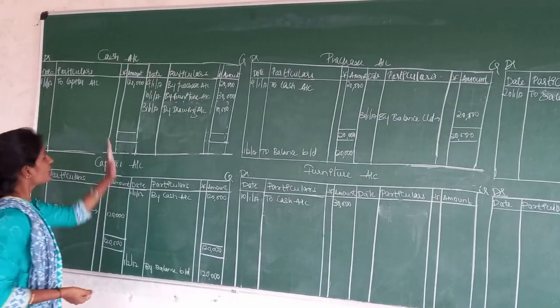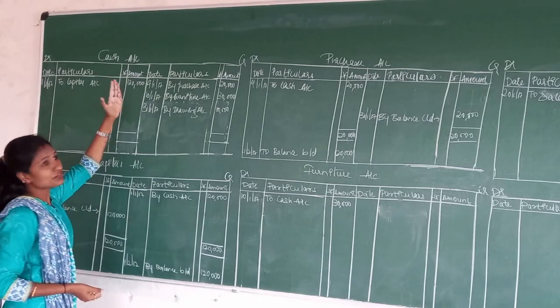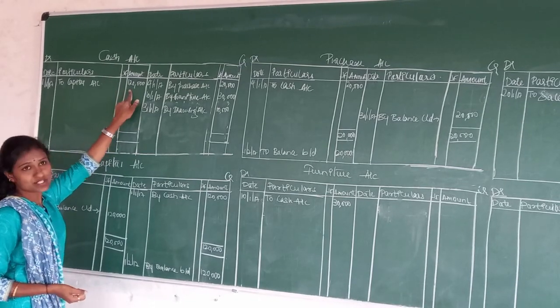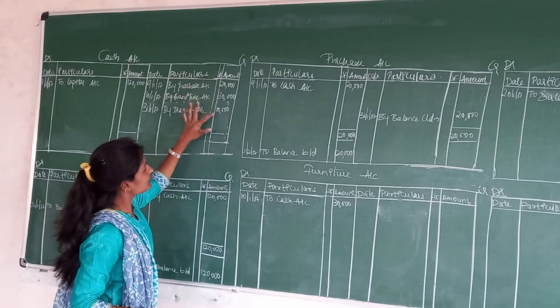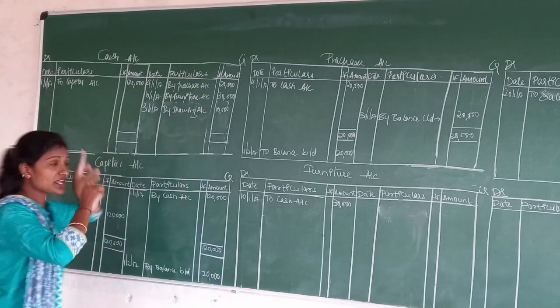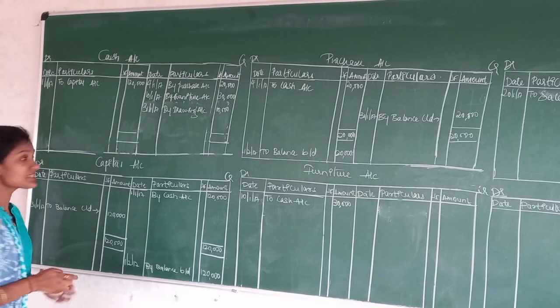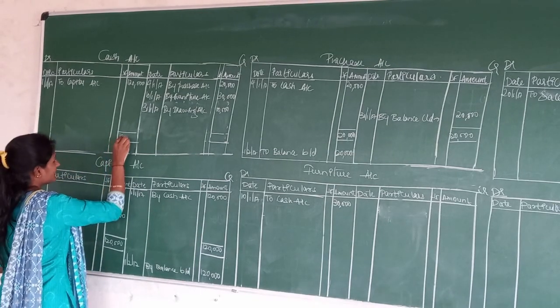To close an account, what we need to do here is go for two amounts, that is debit side amount is of 1,20,000 and credit side amount is of how much? 20 plus 30 plus 10, that is 60,000. So whichever column's amount is highest, that we need to write in this double line, right?